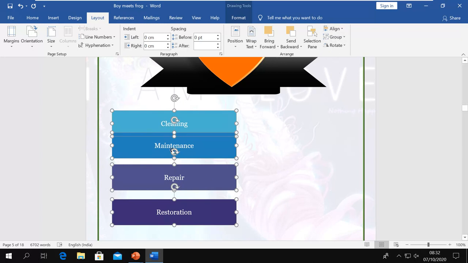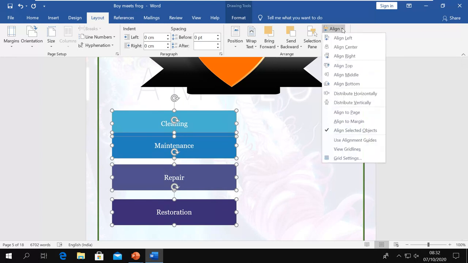Now one more thing, they are not equally spaced, you can see there are some misplacements, so you can arrange them with this distribute command, distribute horizontally or vertically, depending on how you have arranged your objects. My objects are arranged vertically, so I will say distribute vertically.